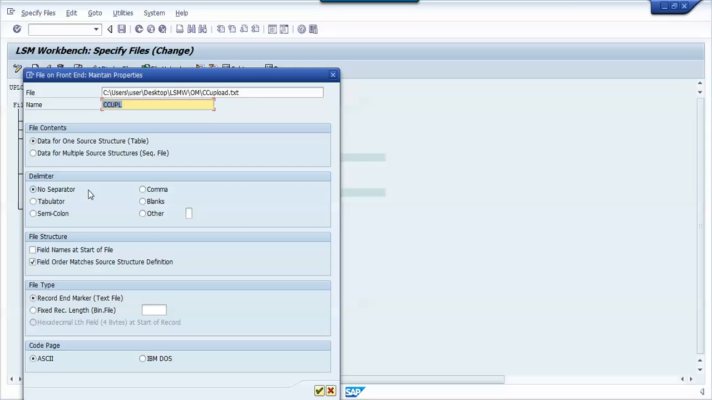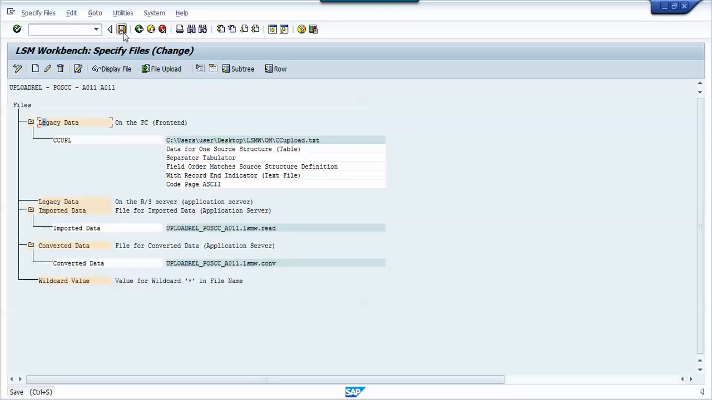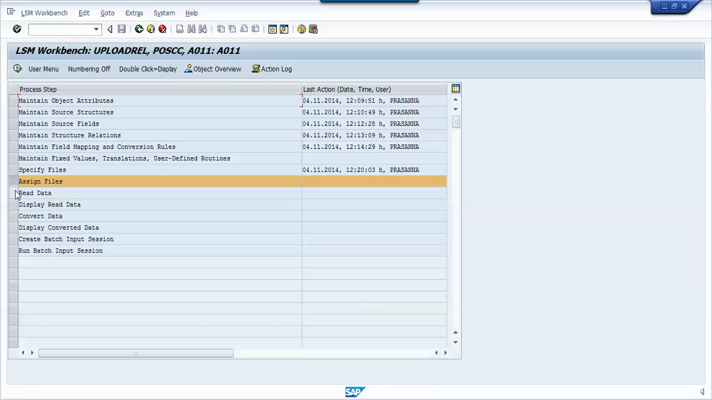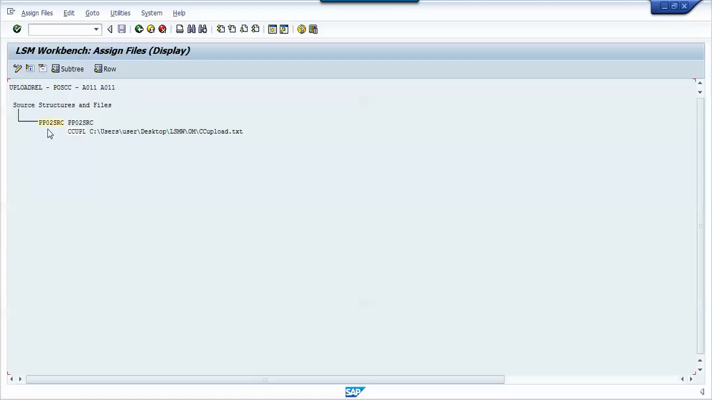In this step, you have to make sure that you have clicked the tabulator. In case if this is not selected, the tabulator is not selected, then you may have errors in the LSMW. Now after selecting tabulator, make sure the name and the path are selected correctly. And now click continue, click save, click back, assign files, click change,